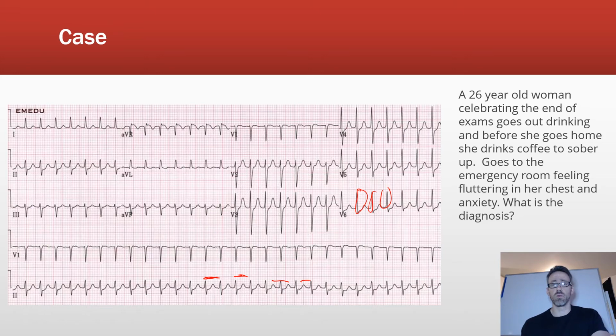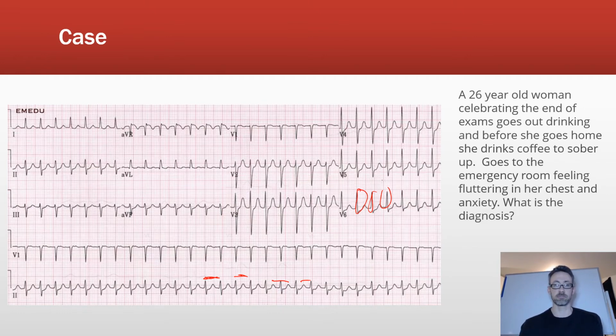If that doesn't work, you could also use adenosine, and we'll get into that more in cardiology, but that could also break that cycle. Because usually, not always, but usually, this is a reentrant circuit occurring in the AV node, which is why carotid massage works. When you massage the carotid, that can inhibit the AV node and break that electrical cycle. So again, this is a dysrhythmia or an arrhythmia that can often be pattern recognized, also based on